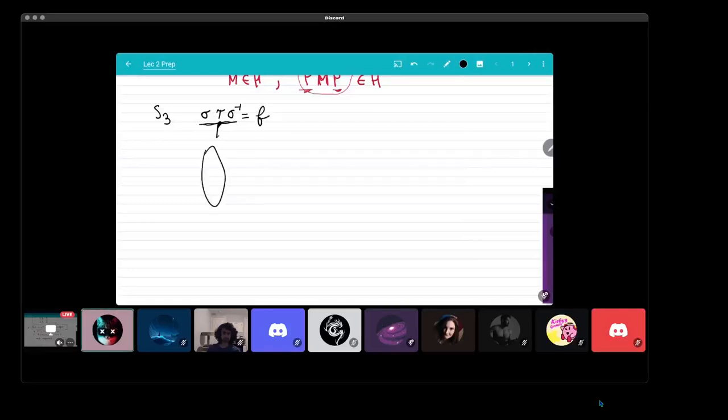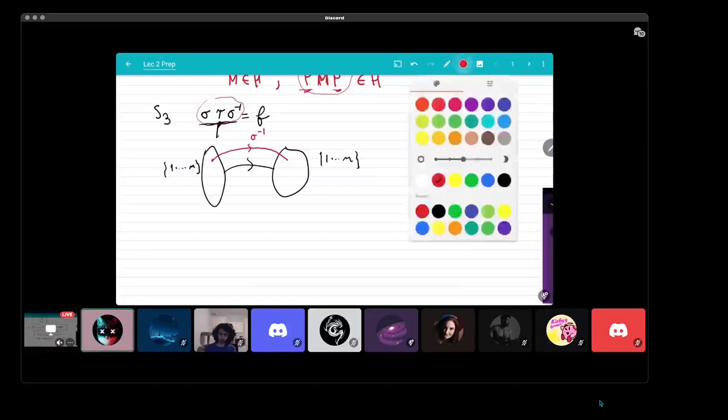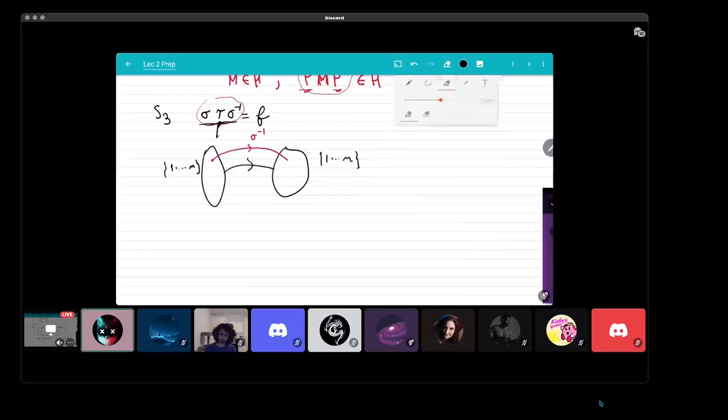So say we have the set 1 to n, because that's what permutations are, going to 1 to n. The operation on the left is taking an element, its image through sigma minus 1, then taking its